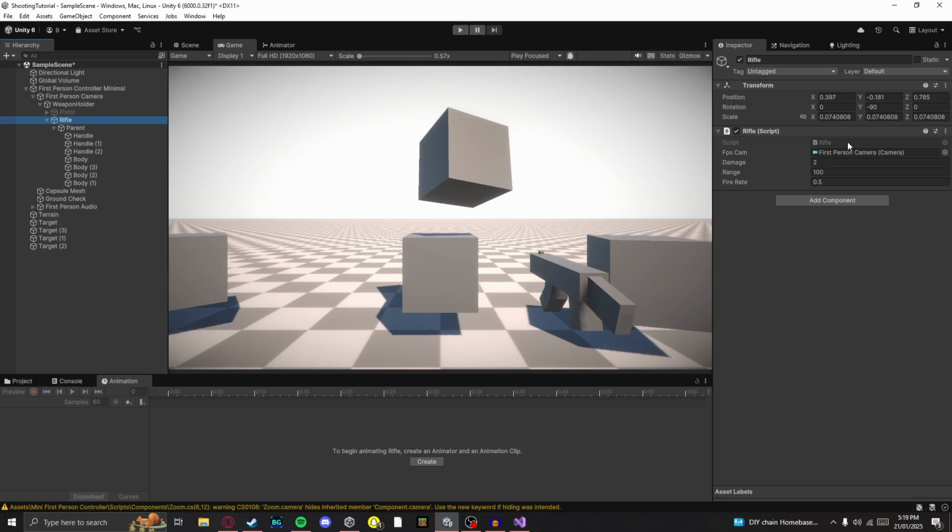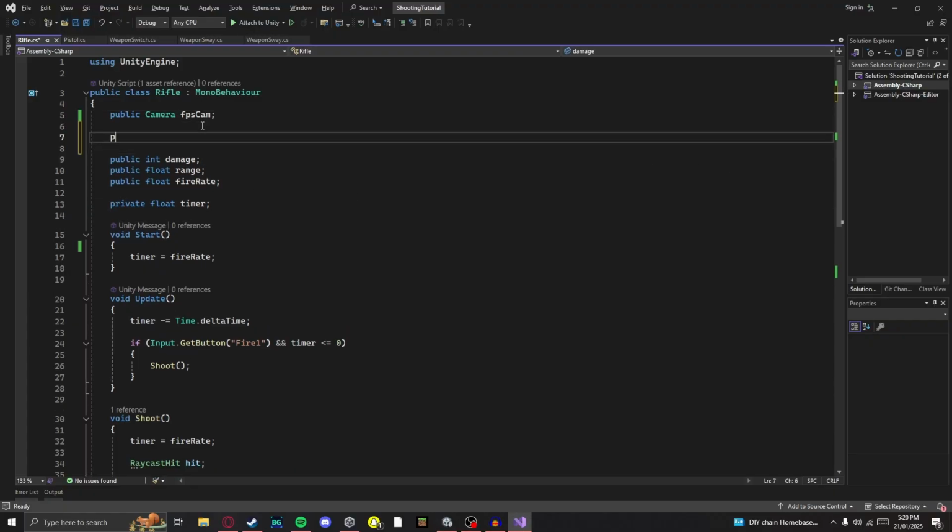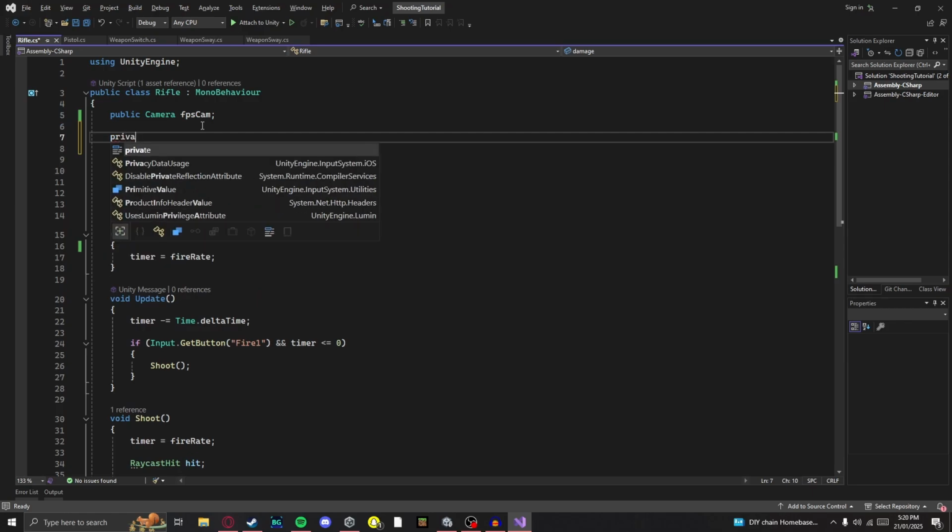You don't need a rifle script, but you can. I will show you what you need to do if you don't have a script ready for animation. So I'm going to open up the script in Visual Studio. And now, once I've opened up the script in Visual Studio, what I'm going to do is create a new private